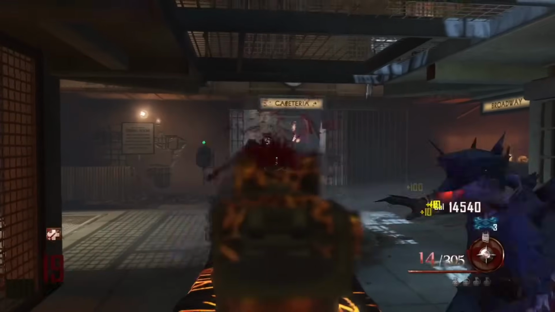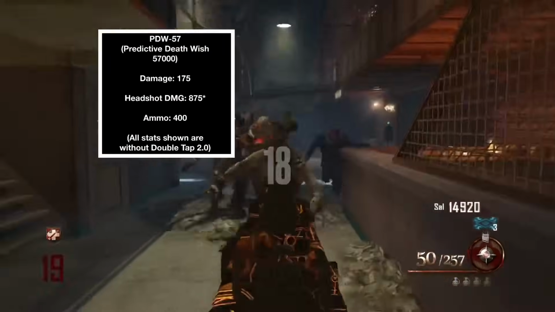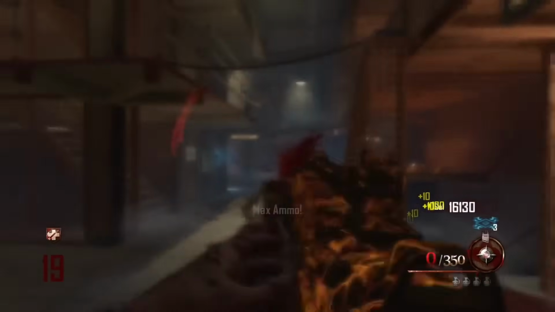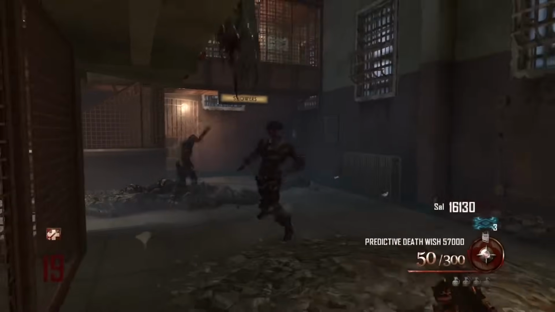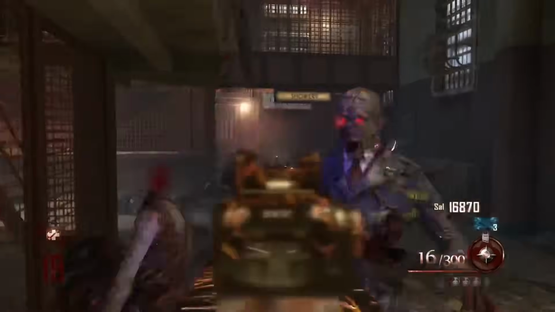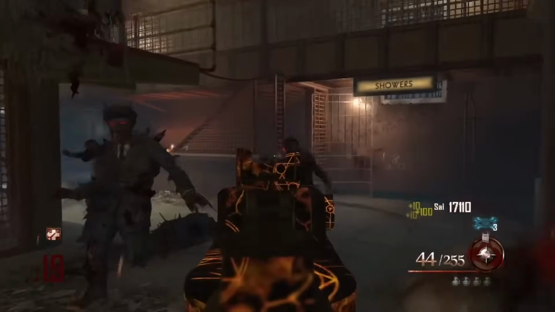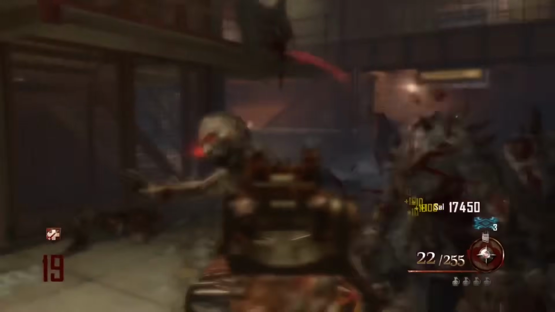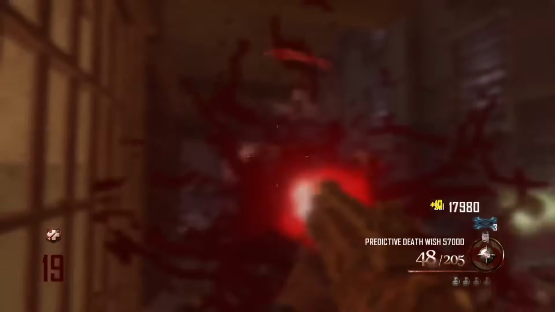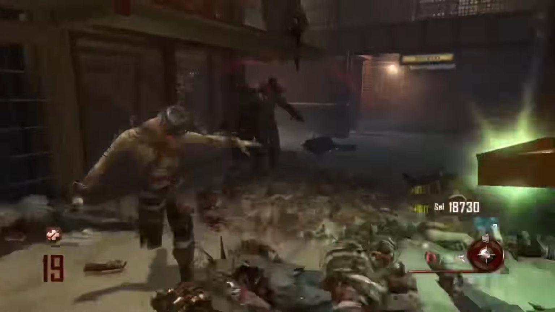Number 18, we have the PDW. This is kind of the same in terms of effectiveness as the Uzi, but the PDW is a little bit more efficient, even though the DPS of the Uzi is higher. Basically, would you rather have a better rate of fire, or would you rather have more ammo? If you'd rather have better rate of fire, pick the Uzi. If you'd rather have more ammo, pick the PDW. In my case, ammo is more important, and the PDW is also cheaper off the wall, and it's on more maps. Even though that's not something I really like to go to when it comes to comparing weapons,